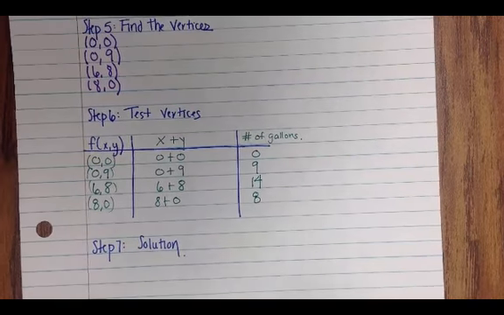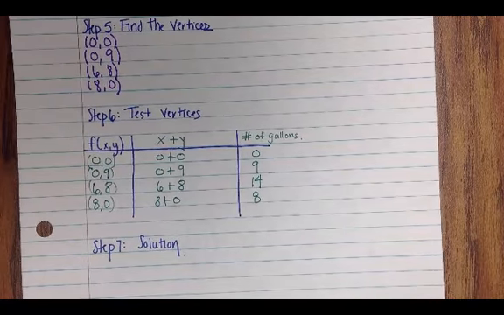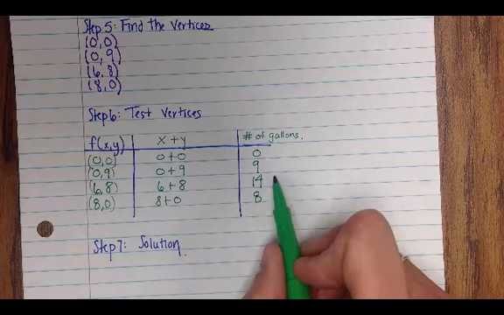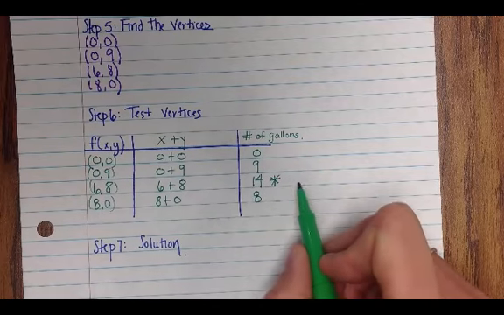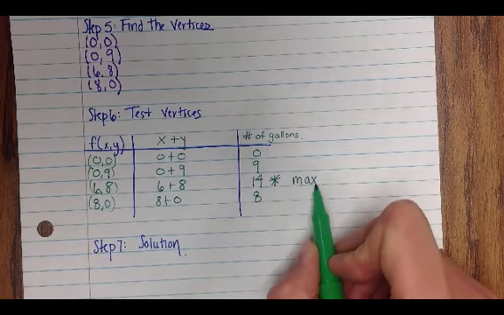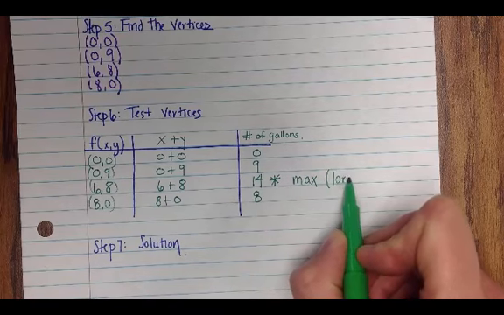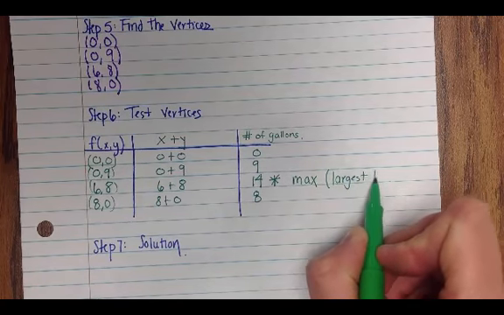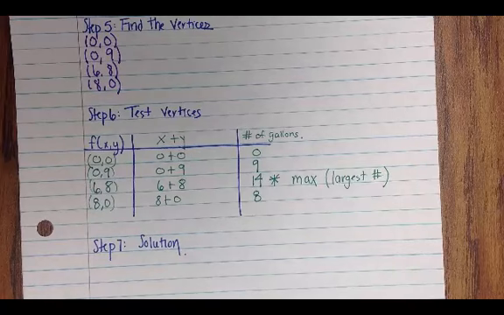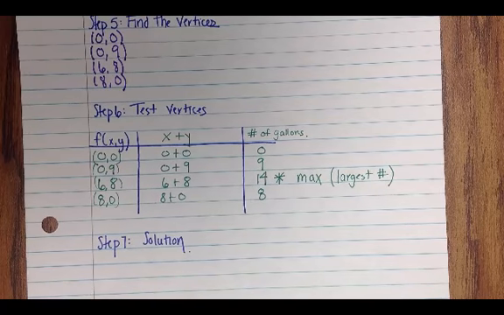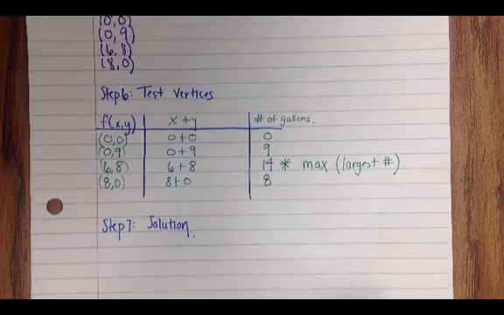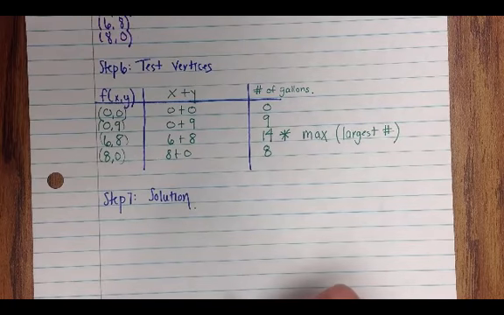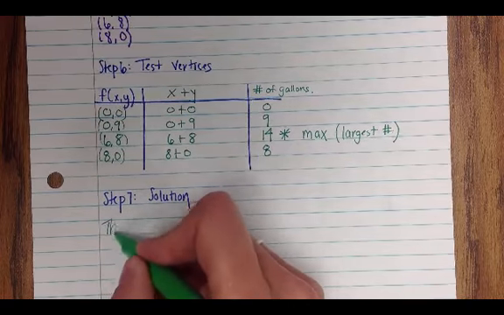So our question asked us to find the maximum number of gallons he can mix. So maximum means largest. So out of our outputs, 14 is the largest. So here's the max, and we know it's the max because this is the largest number in your table. So step number 7, we have to answer our question. So we're looking for the maximum number of gallons he can mix. So the max